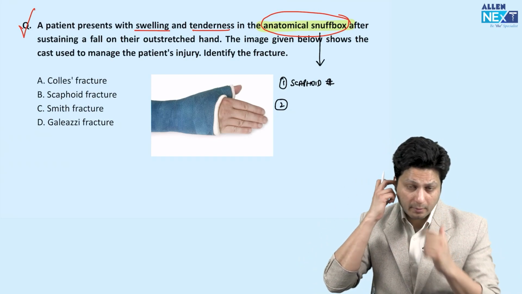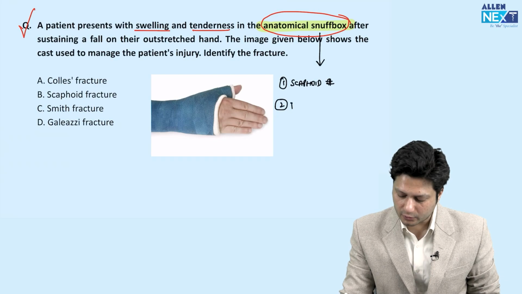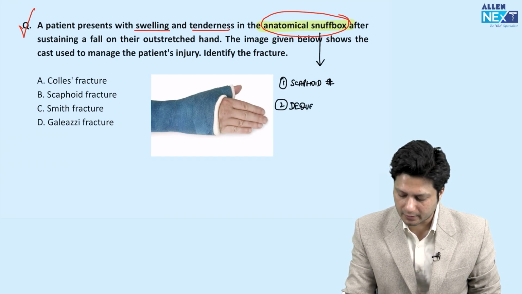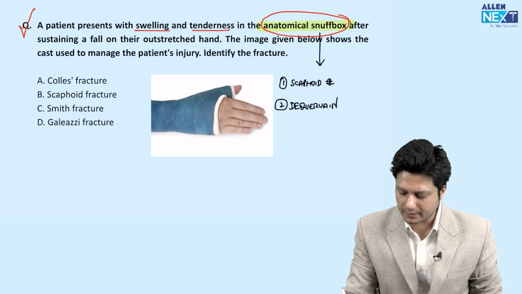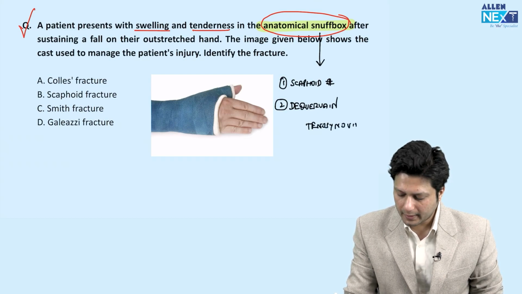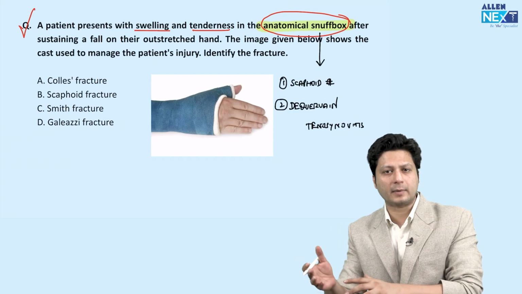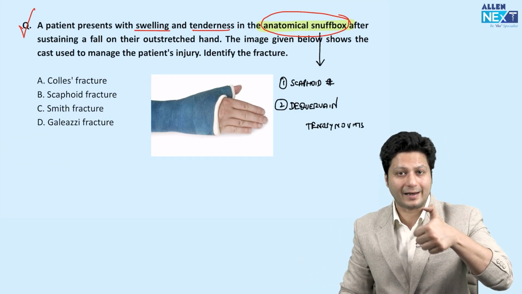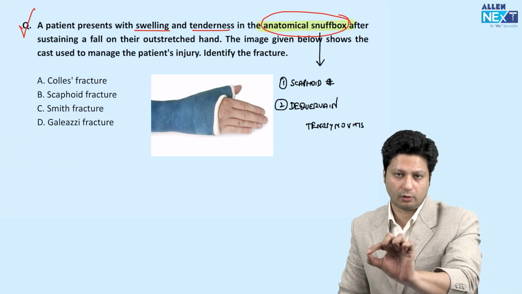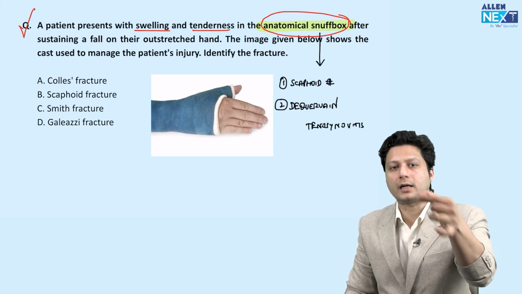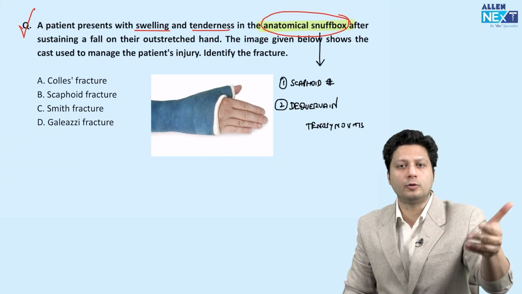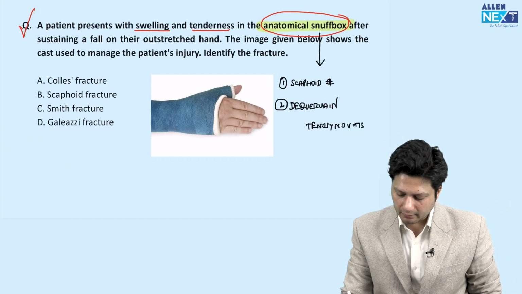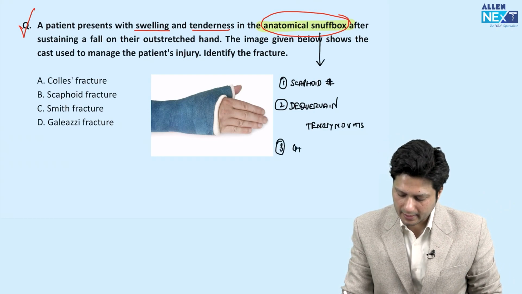Now, point number two is de Quervain tenosynovitis. Although it is not exactly over the anatomical snuff box, the tenderness is elicited just at the radial styloid. So this is another condition the question could continue with. And the third one is